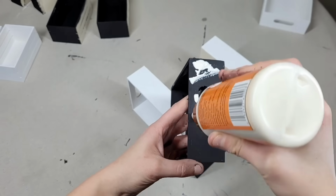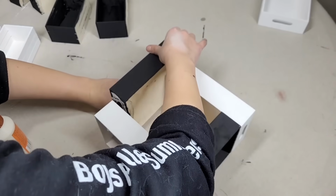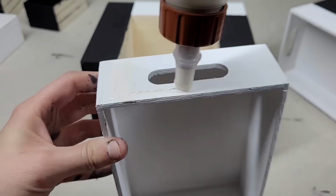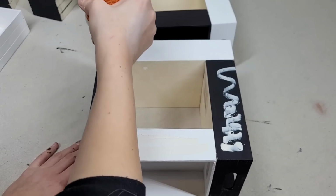Hold this down, put some glue onto one side where it has the circle along with also the back end, and we're going to go and press this together. Construct the next one, and do exactly what you did for the other one. Just glue everything together, wait for that to dry, and while that's drying, we're going to put some glue onto